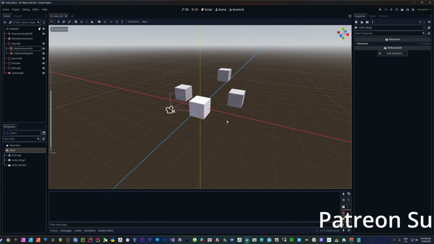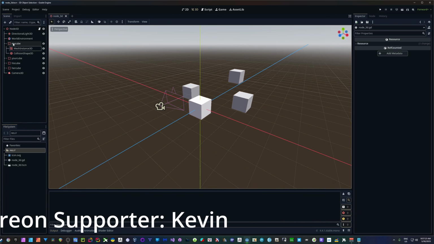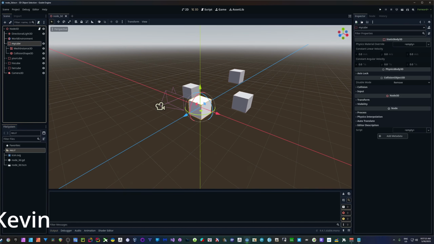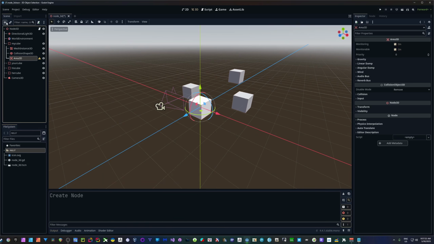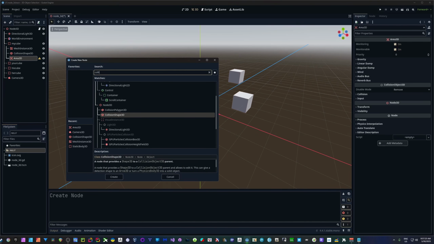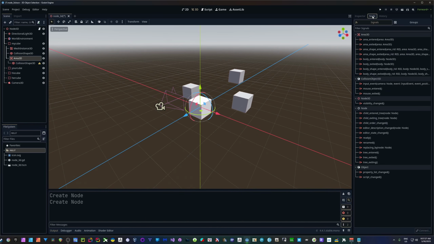Alright, so there are old videos from Godot 3 that would tell you to take your object, come in, stick an Area3D, give that a collision shape, give it whatever shape, go into your area, and you've got signals, like input event, for example. Now, we don't need to use areas for this,